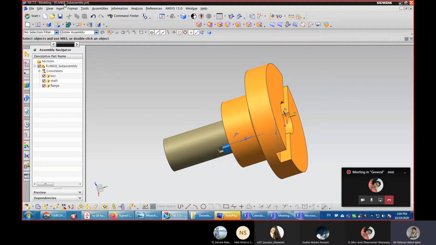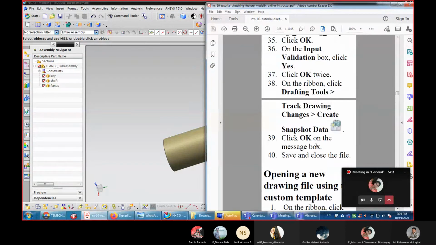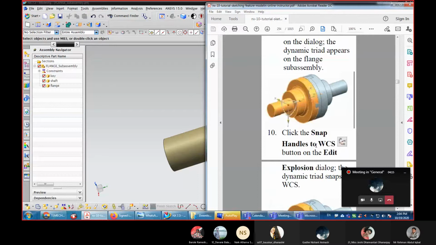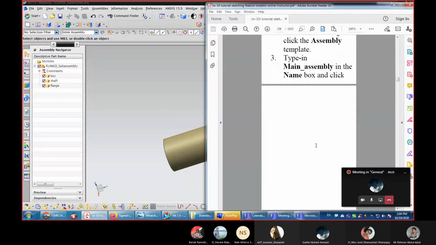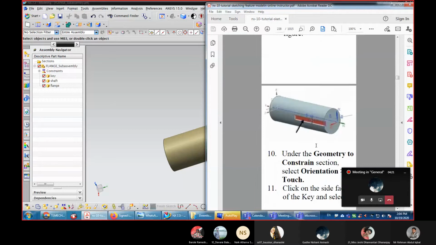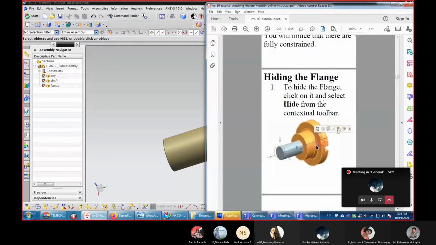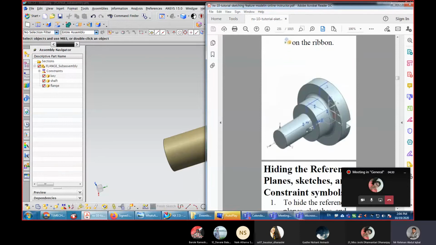I have already saved this flange sub assembly, if you can see. So this is our sub assembly.